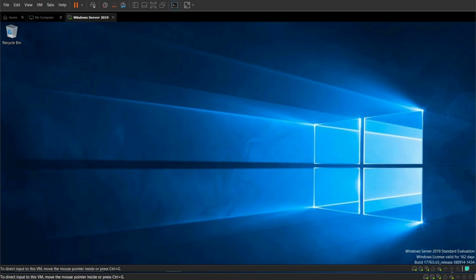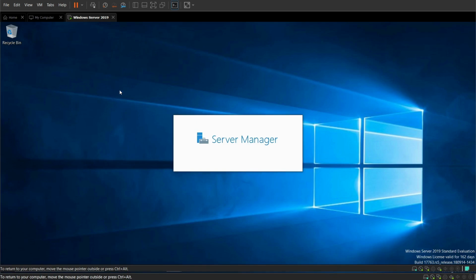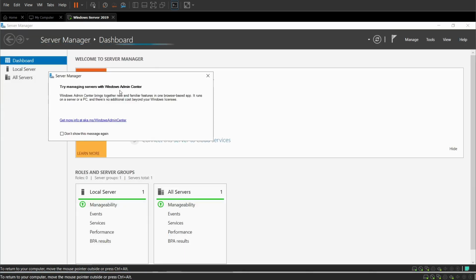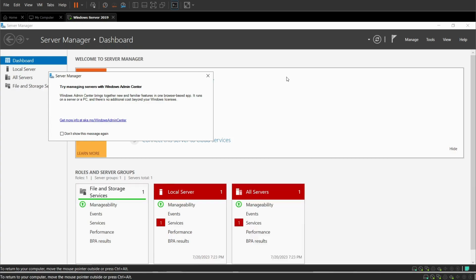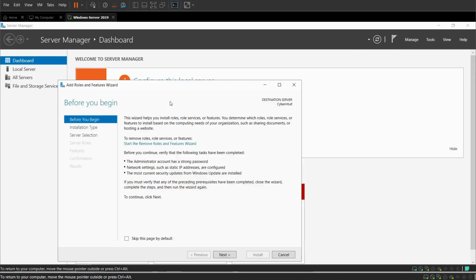So this is assuming that you have already downloaded your Windows ISO to the VM. Once you have done that, you want to go to the Start menu and click on Server Manager. The Server Manager is the interface that you're going to use to carry out different tasks. Today we're going to add roles, which is the Active Directory role. There are several ways that you can do it, but it's obvious here, add roles and features, or you could go to manage here, and it's also there. So we click on add roles and features,